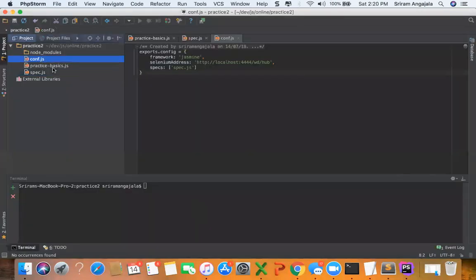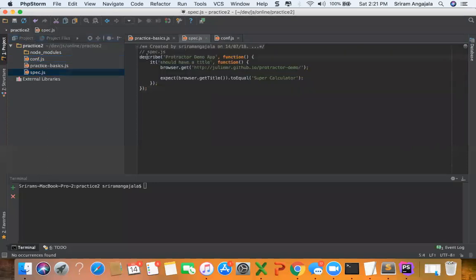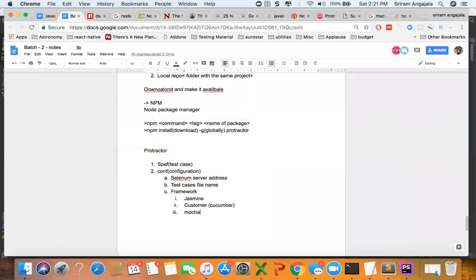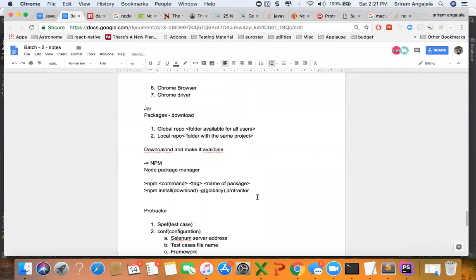So now you can see that this describe and it are coming through Jasmine, because Jasmine is within the default framework of Protractor. Everything is fine, but however, we don't have local folders. Everything is global, right? So we have all the setup now to run the test, because we downloaded this. The other thing that we need to do is download